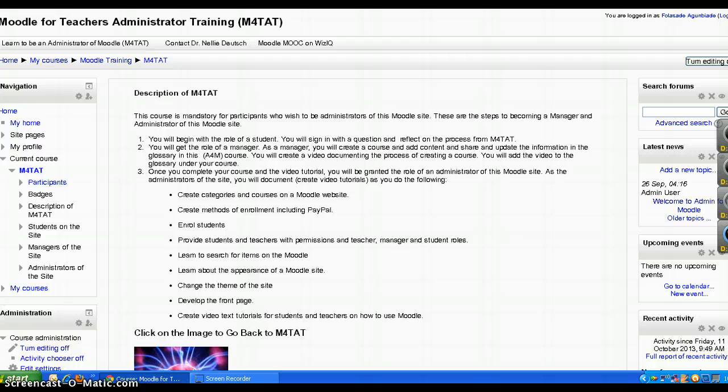Having gone through all the activities requested under the Moodle for Teacher Administration Training course, I have the privilege to move to another course named Admin for Moodle, under which I will first become a manager and later become administrator of a Moodle site. On the journey of becoming a manager, I will have to begin with the role of a student by signing in with a question and reflect on the process from the Moodle for Teacher